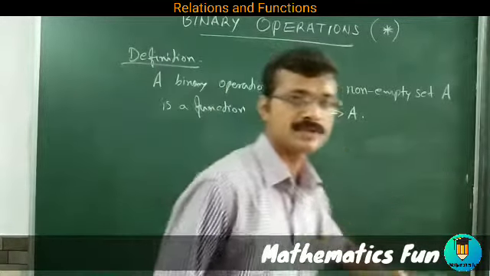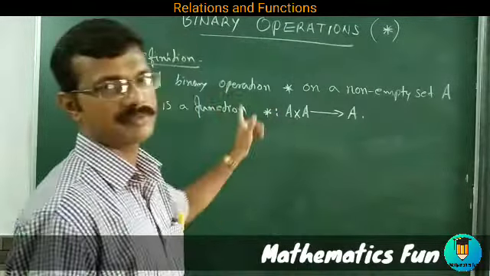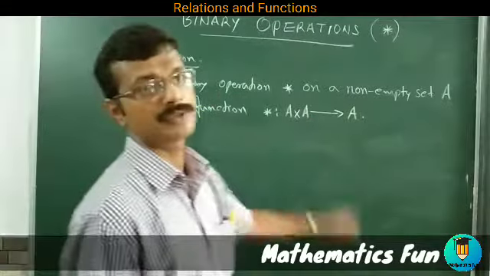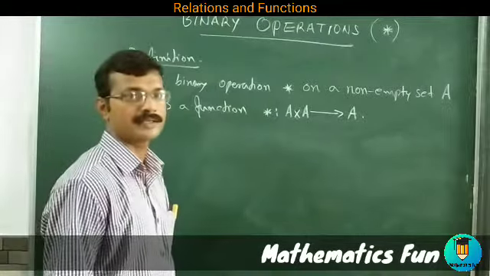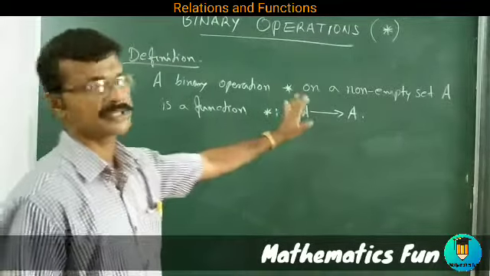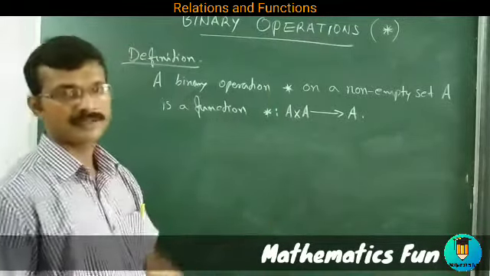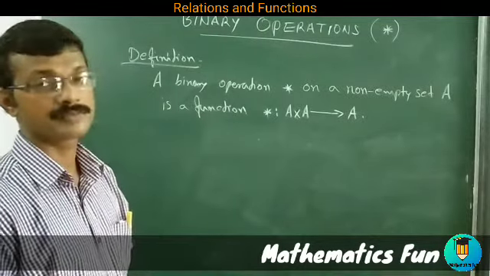That is another thing, inverse also must be unique. Identity must be unique, inverse must be unique. If it exists, it must be unique. There cannot be more than one identity element with respect to one operation. And in the same way for inverse also, there must be only one.